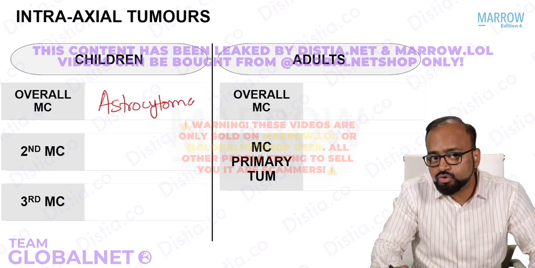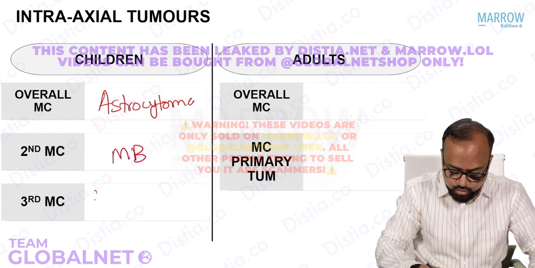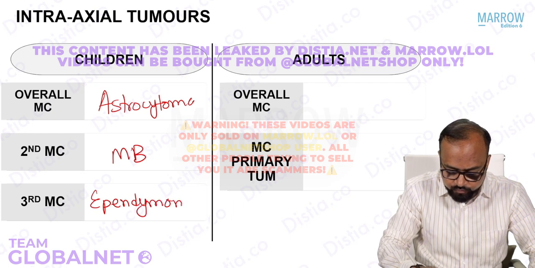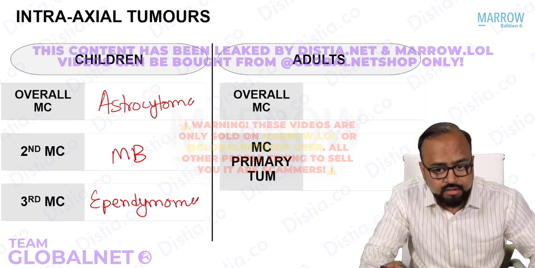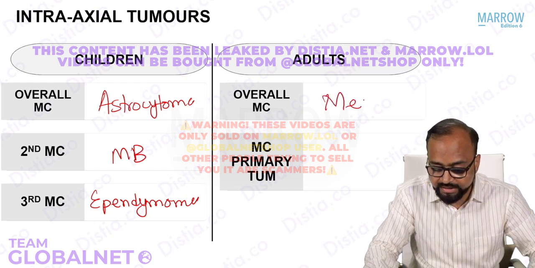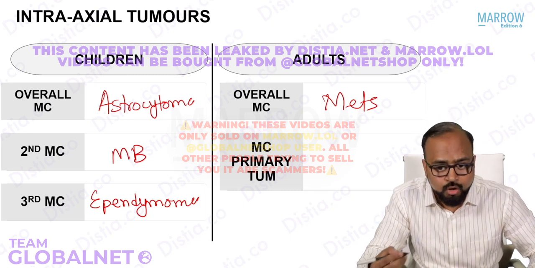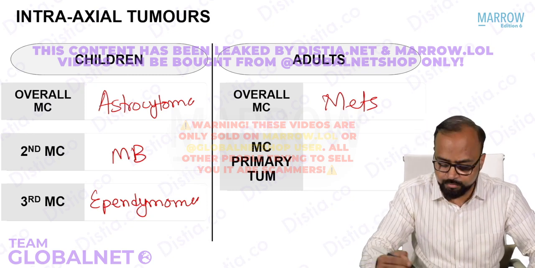Remember, the second most common intraaxial tumor is a medulloblastoma, and the third most common intraaxial tumor is an ependymoma. So this is for children. In adults, the most common overall intraaxial tumor is metastasis. But if they specifically ask you what is the most common primary tumor within the brain, then remember these